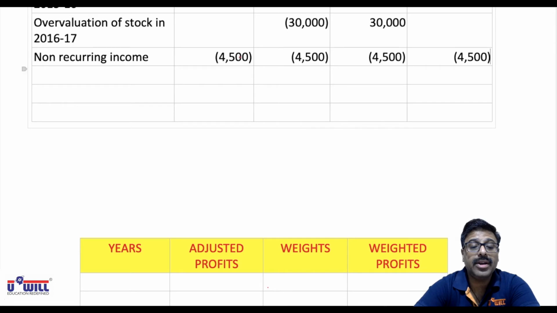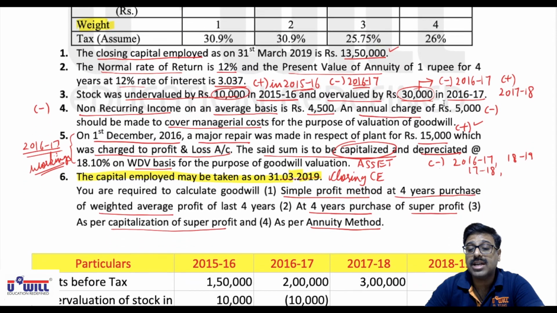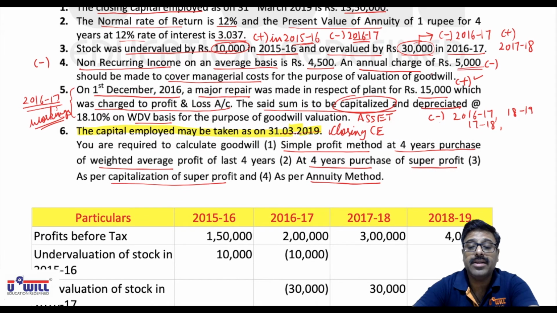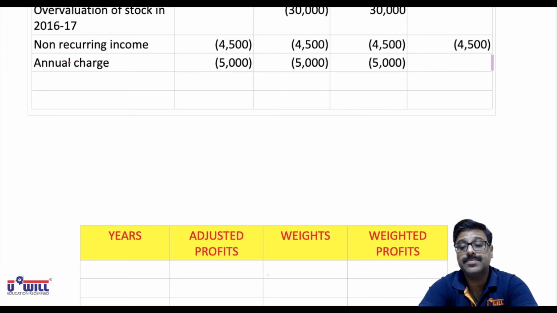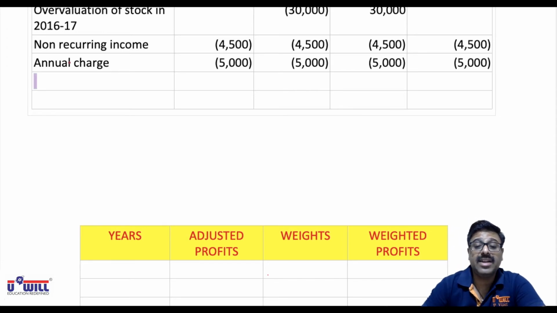Then after non-recurring income we have the annual charge. In the same adjustment, annual charge of 5,000 should be made. Annual charge means we have to do it in all the years. So annual charge 5,000 we have to minus in all the years. Then after annual charge,